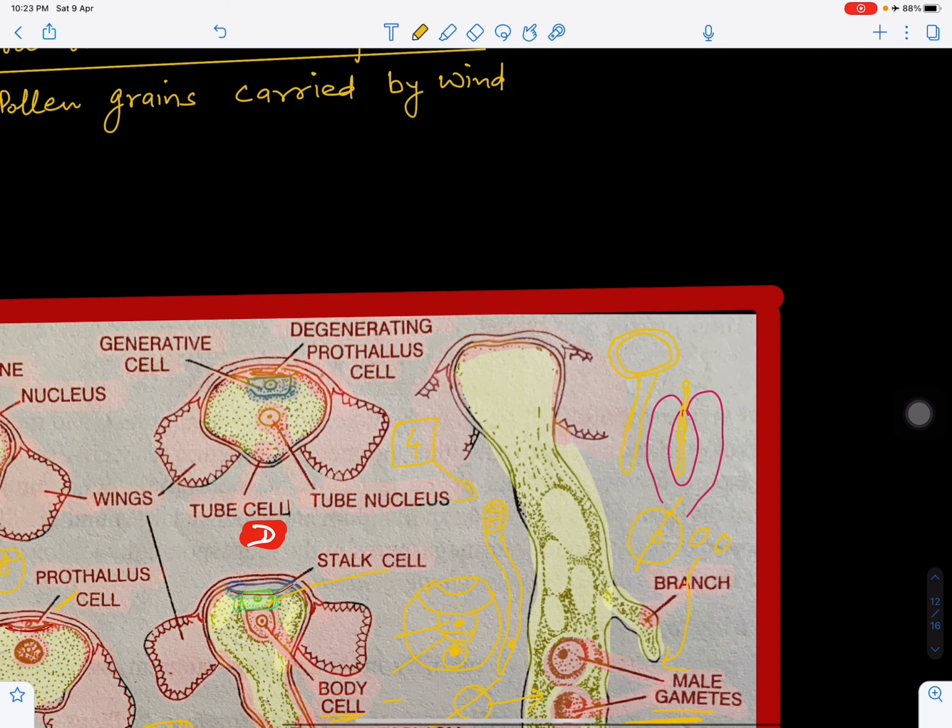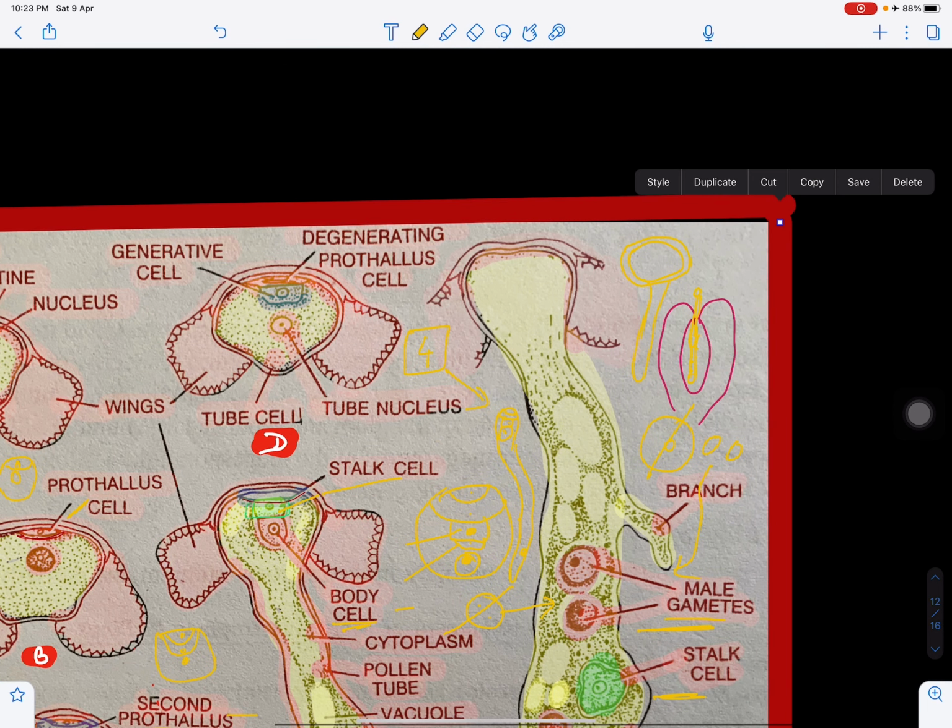Now when this reaches toward the female sex organ, it can fuse with the egg cell and this will lead to fertilization. The two male gametes are slightly unequal, and they don't even have flagella. One is bigger and the second is smaller, short lived, and they will just move like an amoeba. They will show amoeboid movement, and when they reach the egg cell they will cause fertilization. That we'll discuss in the